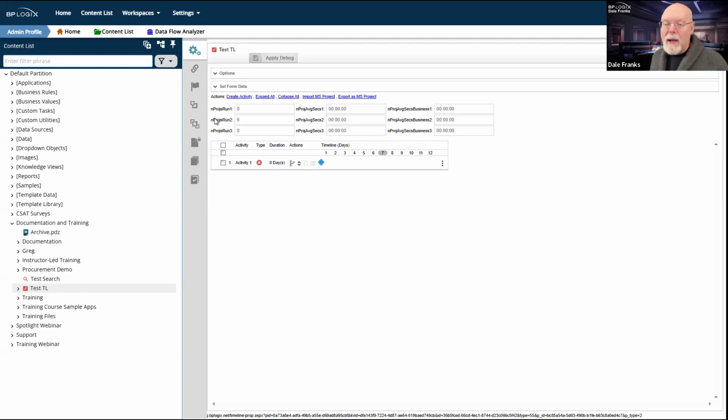However, it'll give me the number of times that it's run and its different iterations. It's also going to give me the average seconds that it runs, and then the projection of how long it's going to run in the future for each of my process timelines. So it gives me some extra debug information about how the timeline works.